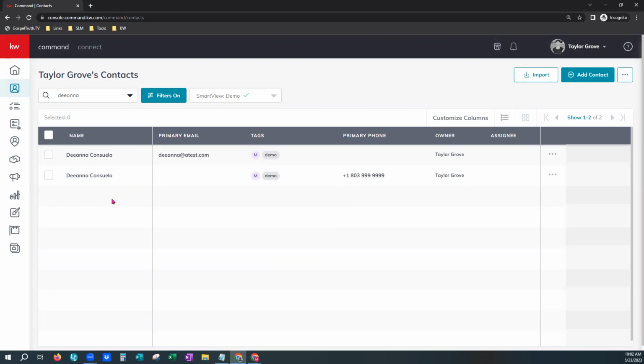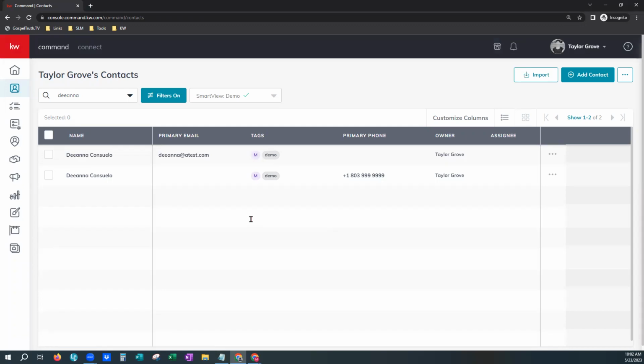However, if I re-imported her information, even if I got her name exactly right, I didn't have the phone number on the file. I only had her email on the file. So the primary contact information on my file did not match the primary contact information on my contact profile within my Command. Therefore, the system did not see it as the same person, and it went ahead and created that